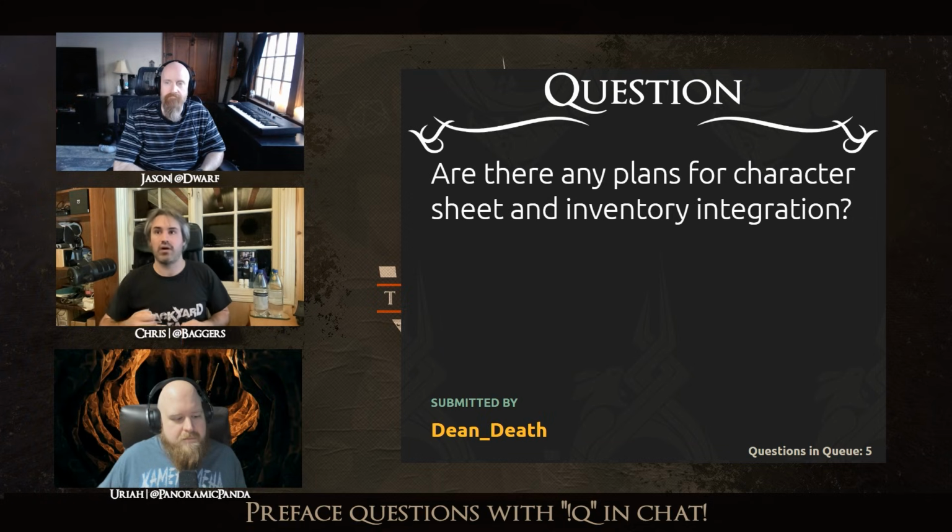The inventory where it's quantities of things on creatures specifically, I don't have the design for yet. That's as much as I can talk about that right now. But yes, we need these things because we need them for the rule system, for example, for the full version of that.